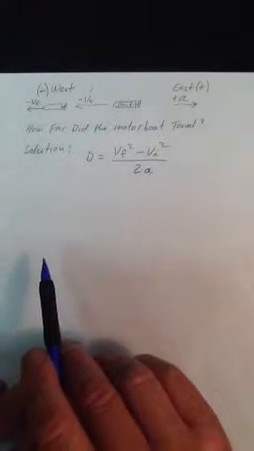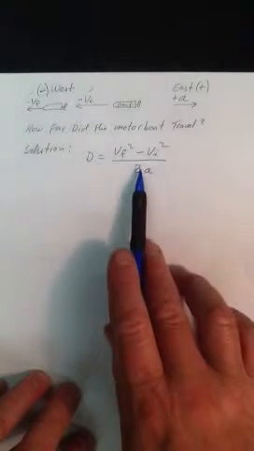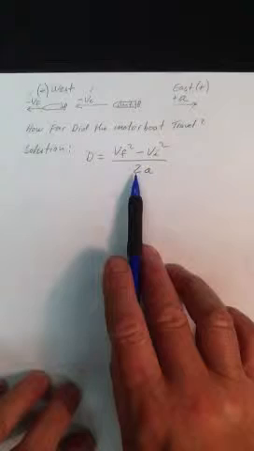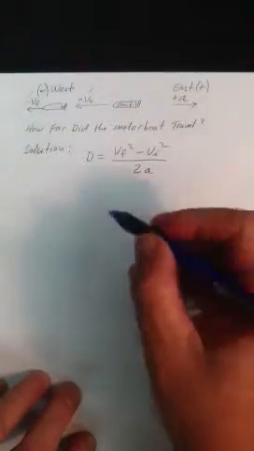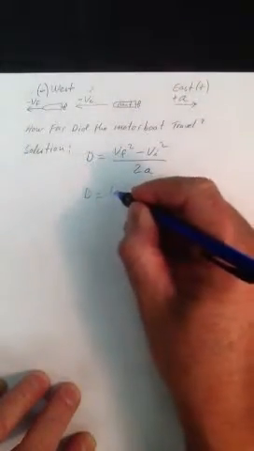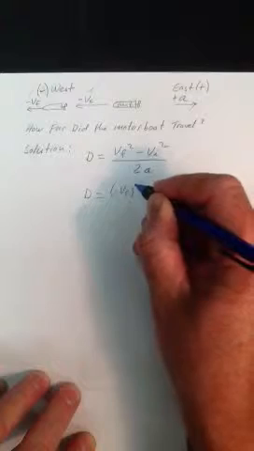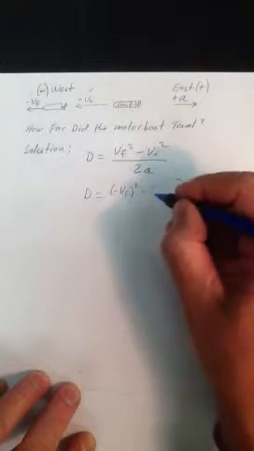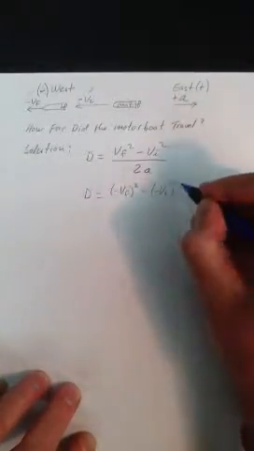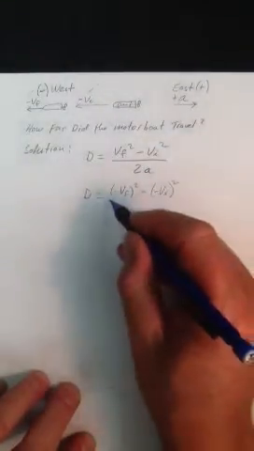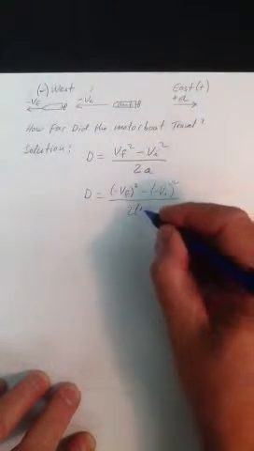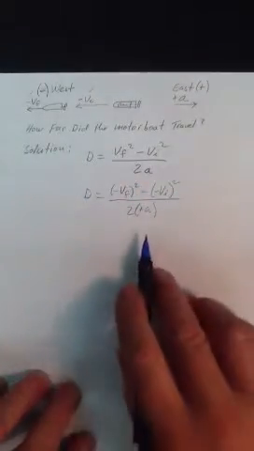Okay, so how are we going to solve this problem and make sure that we get it correct? Well, I'm choosing this equation right here. This equation of motion doesn't require me to have time. All right, so when I substitute into this equation, I just need to be very careful about my sign conventions, what I'm calling positive and what I'm calling negative. All right, I'm throwing that negative sign in there because these are going to the west. And when I substitute in this equation here, I'm going to make that acceleration positive because it's going to the